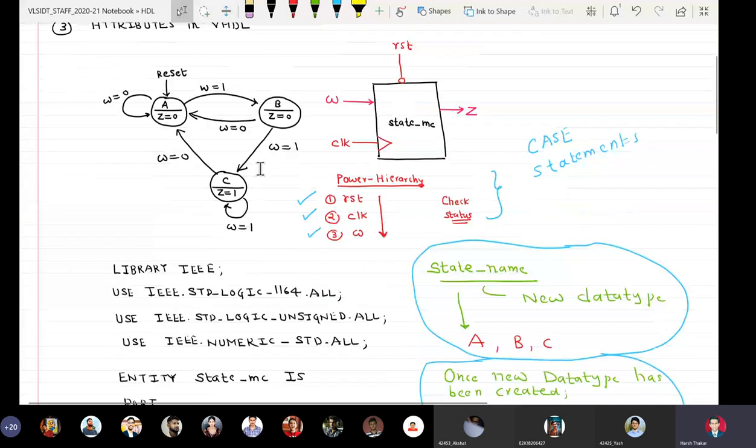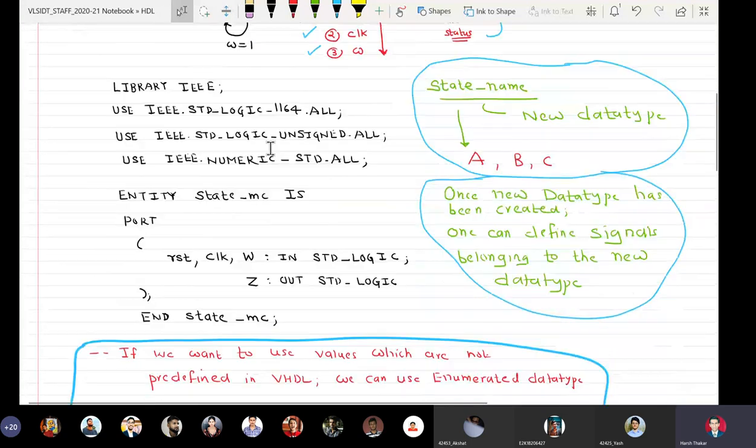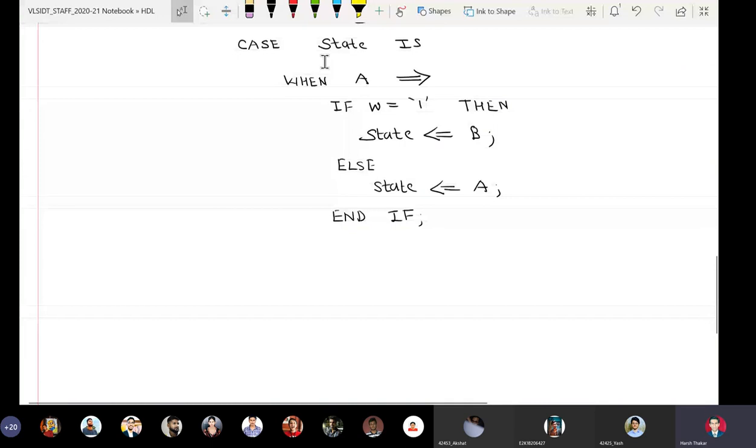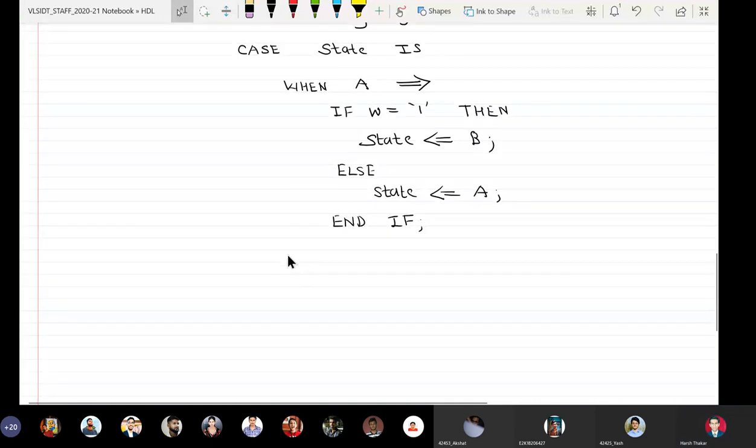Second is case when B, same thing I will repeat here. When B, this is written as equal to greater than but read as then. If input equal to 1, then.